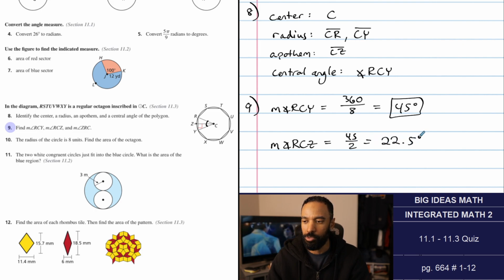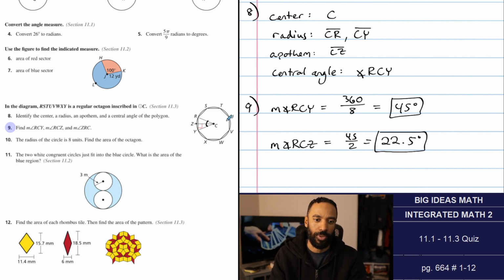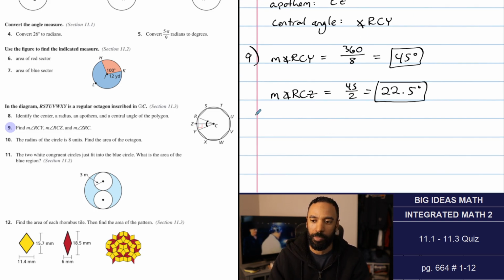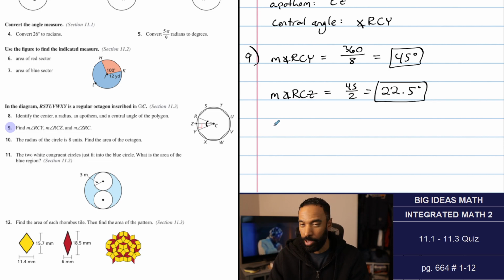This is often used because we need to use trig or special right triangles to find a missing value, like the apothem length or part of a side length. When you want to find the area of a regular polygon, those two bits are super crucial for us to be able to find its area. And they're asking for area on number 10, so I'm going to talk to you more about it then. Measure of angle